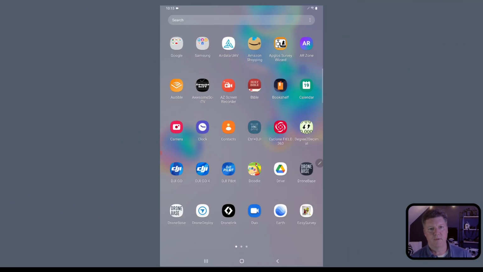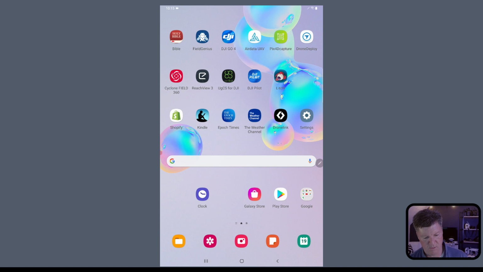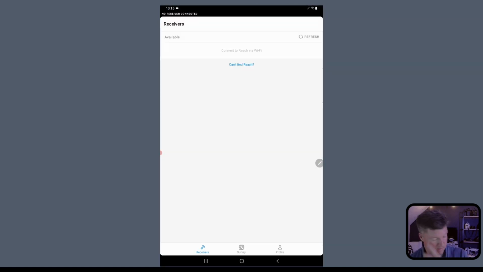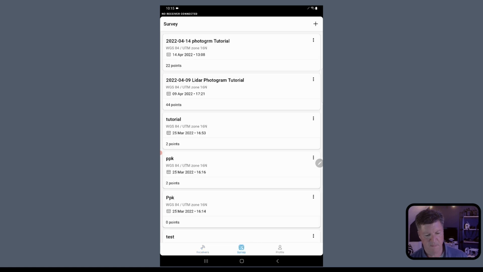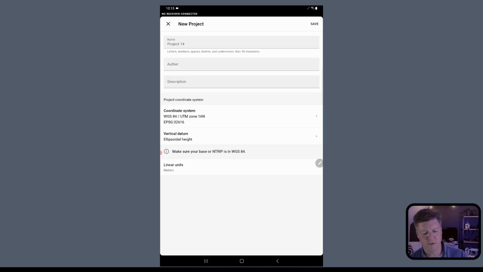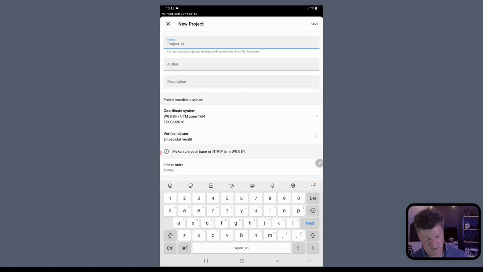What we're going to do is take the tablet, and let's switch back over here. Let's go to home. I'm going to open up Reach View 3. And we do not need to be connected to your RS unit. This has nothing to do with that. So I'm going to go into Survey, and I'm going to create a new survey, and let's call this